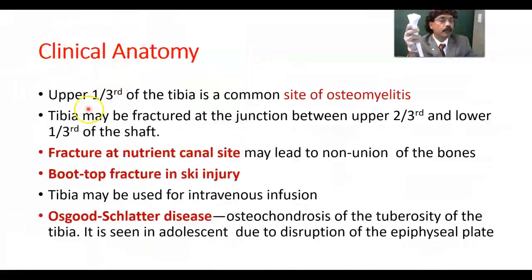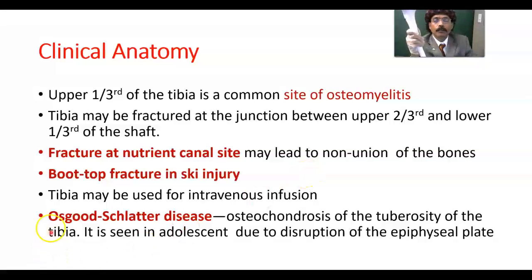Okay. Clinical anatomy, upper one-third of the tibia is a common site of osteomyelitis. Tibia may be fractured at the junction between two-thirds and the lower one-third of the shaft. Problem is that at that place there is poor blood supply, so healing may not be good. Fracture at the nutrient canal site may lead to non-union of the fractured bones. So if a fracture is there in the nutrient canal area, involving the nutrient vessel, then the fractured site may not heal